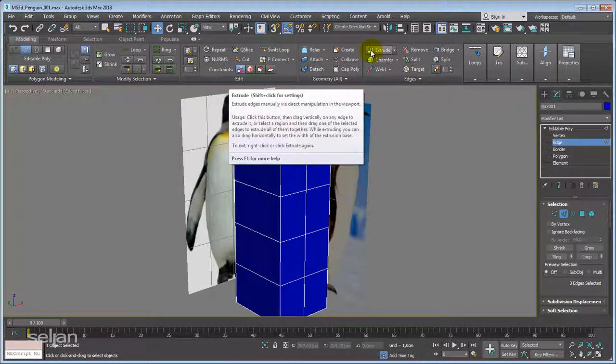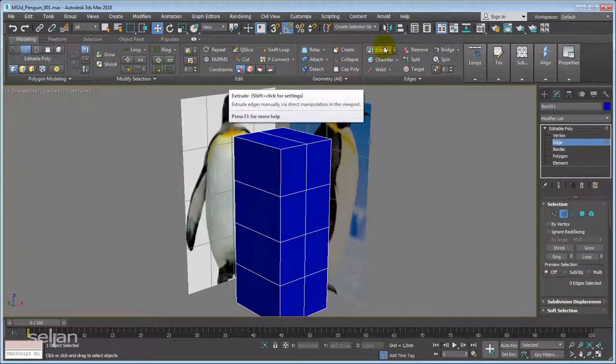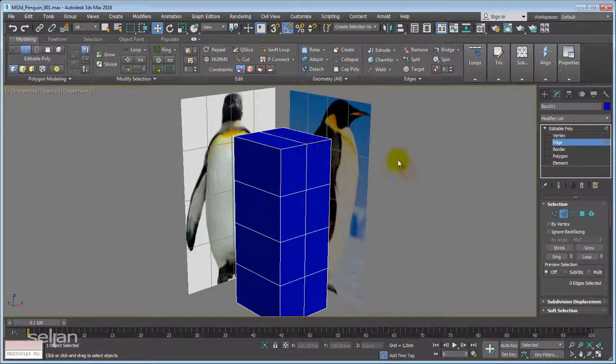Even the icon is a little bit different. So please remember that. I will always tell you, and you have to keep an eye on what you want to do. If you want to extrude an edge, you have to make sure that edge level is selected